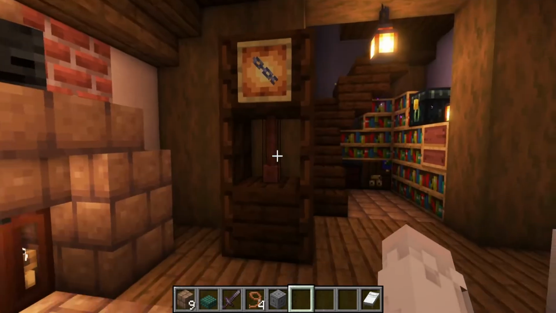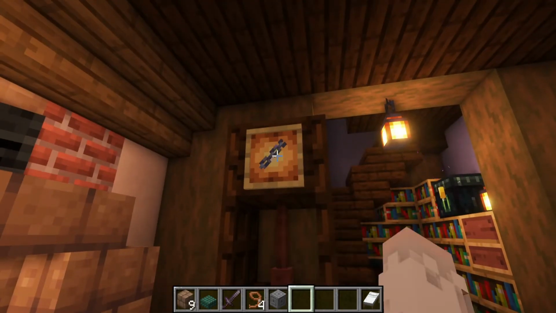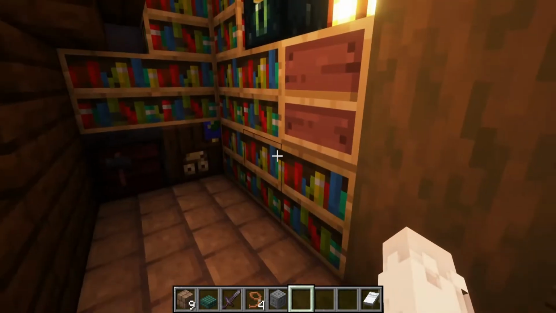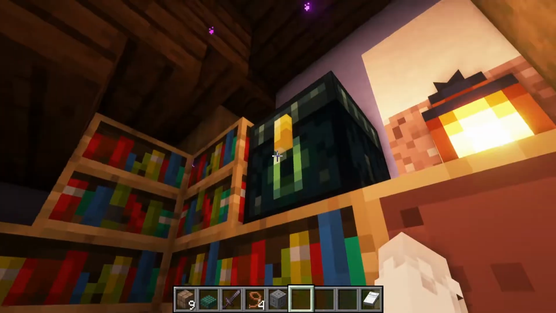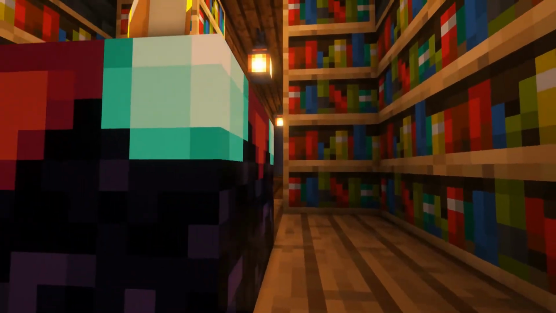Kind of a clocky looking thing, but not quite. I just really like the way the chain looks. It kind of looks like one of those fancy clock hands. I got a couple of different workstations in your ender chest, and